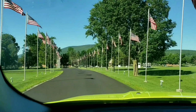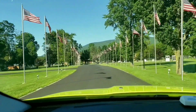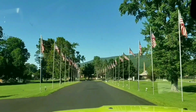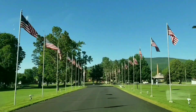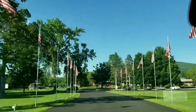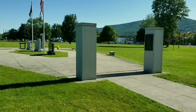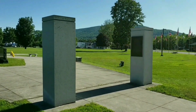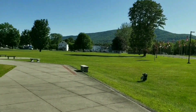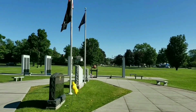All right, so this is a VA with a big war memorial. And they have all these deer and stuff. I just wanted to show you guys this. The entrance is awesome. You gotta love that. The American flag standing through. Really cool, but what I want to show you is something else. Hold on. All right, so this is the war memorial here, and it's really cool because they have different walls,